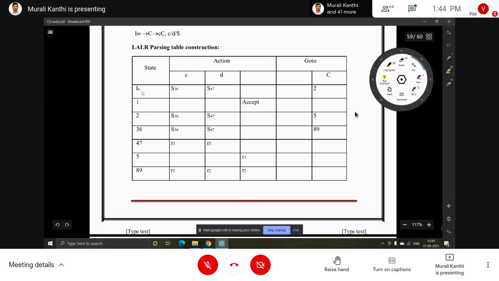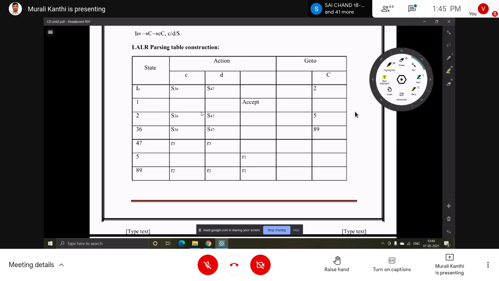If the entry is S, then shift operation is performed. If the entry is R, reduce operation is performed. If the entry is accept, then that input string is accepted. If the entry is blank, that is an error, and the input string is rejected. We'll stop over there. When the entry is blank, right there we can stop the verification and announce that the given input string is not accepted.